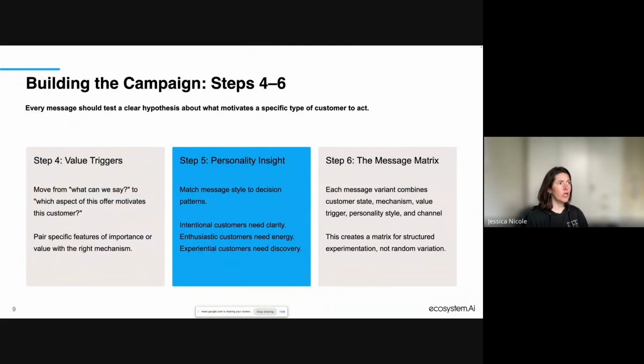Now, step 4 can look like a number of different things depending on the case, the environment, the company, any of that. This is trying to figure out what are the features that we can use to speak to people. What are the features that bring some kind of value to the customers based on our brand or our offering, the product, any of that, that can be paired with these mechanisms in order to help people get to that point of motivation, right?